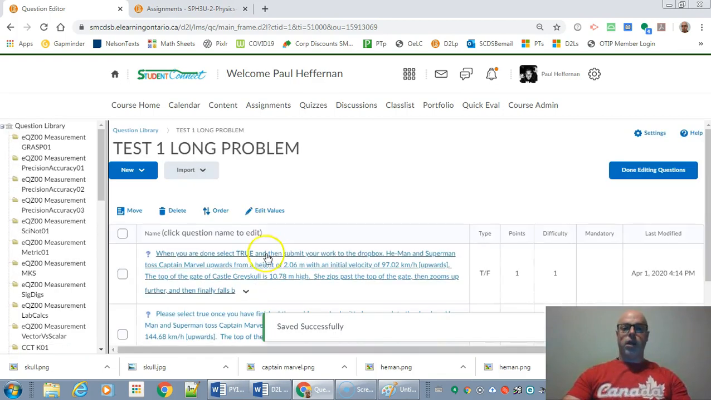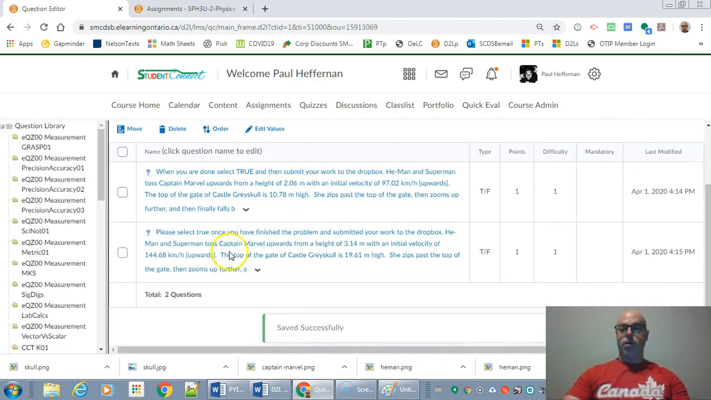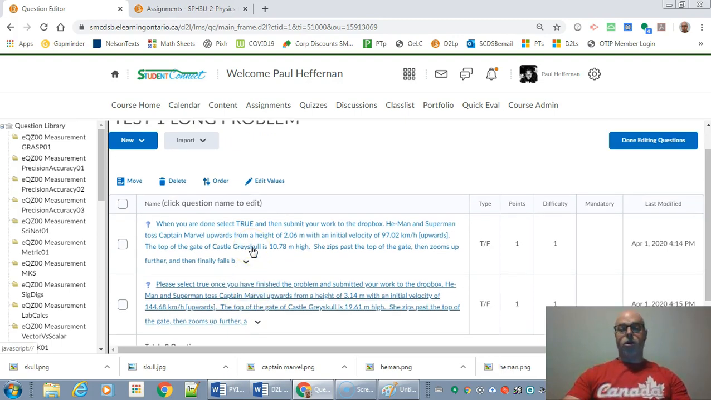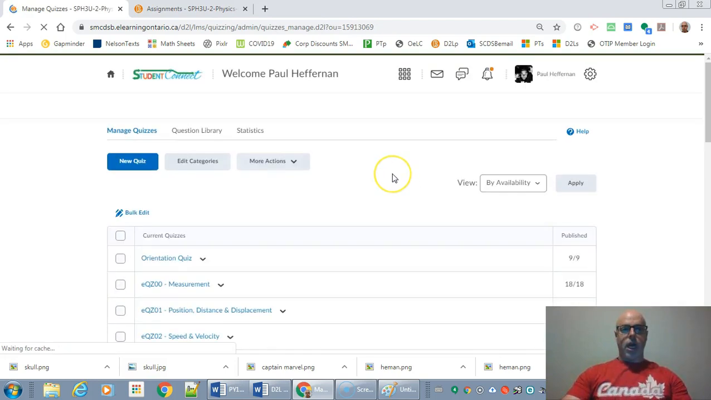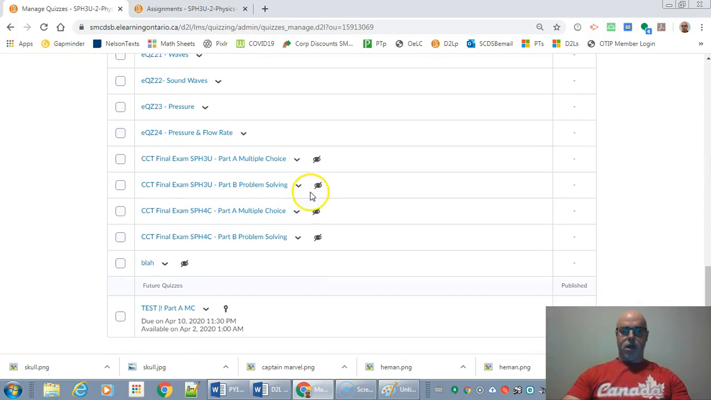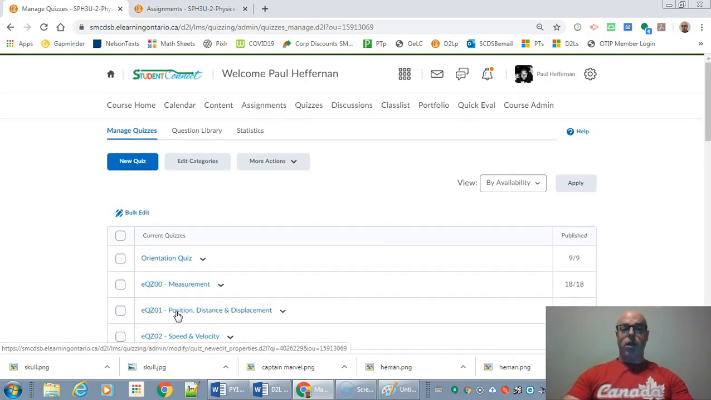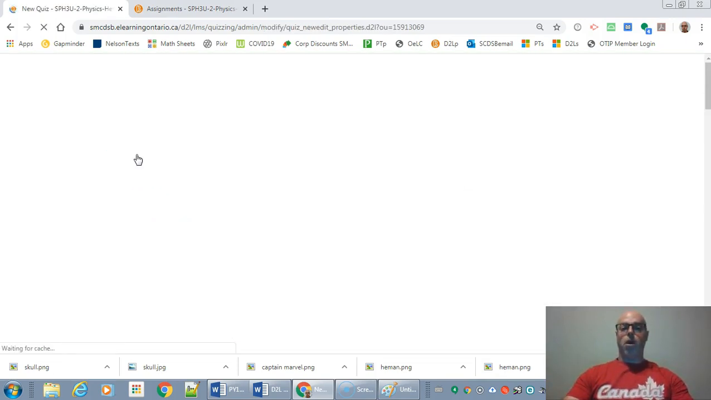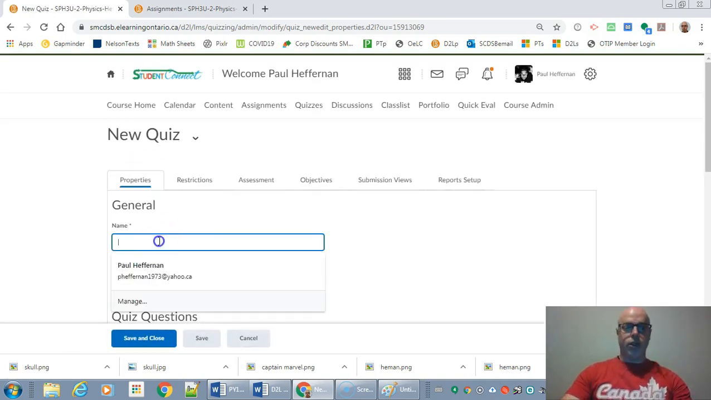Okay, so now I got two variations of the same kind of question in my section. I usually go for 4, but I'm just going to hit done editing question this time. And so now what I'm going to do is go create a new test, but instead of putting it in the same object as the multiple choice, I'm going to make a new one just for the part B, the problem section. So this is going to be test 1,